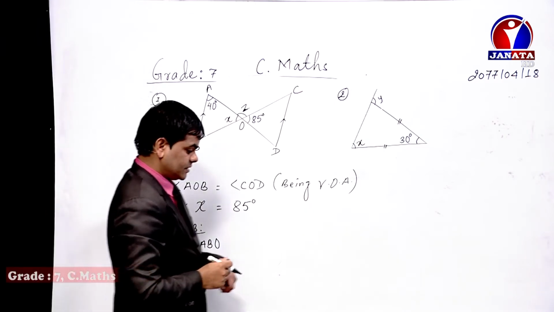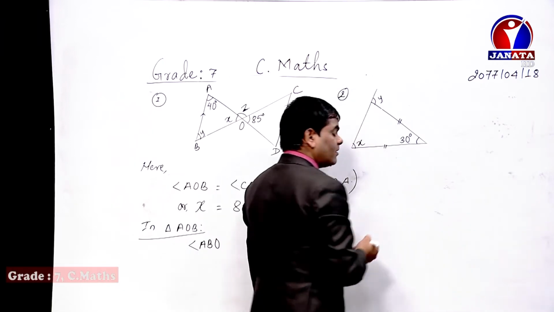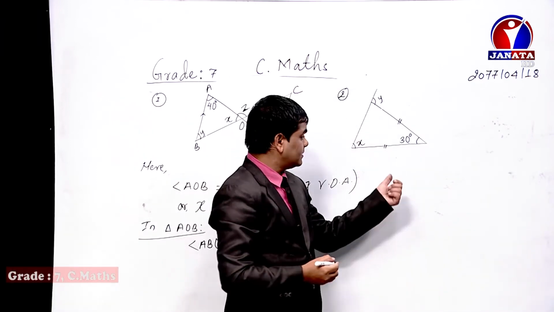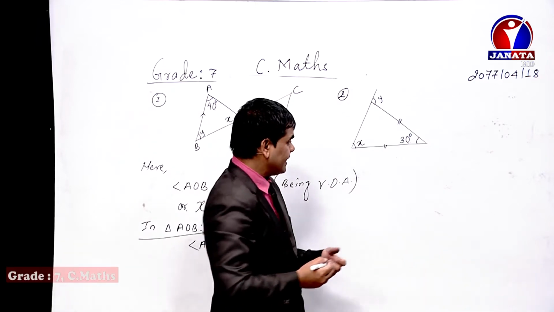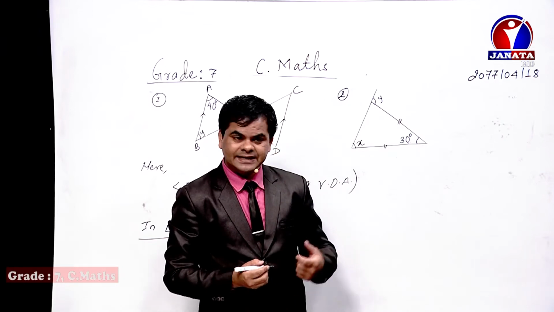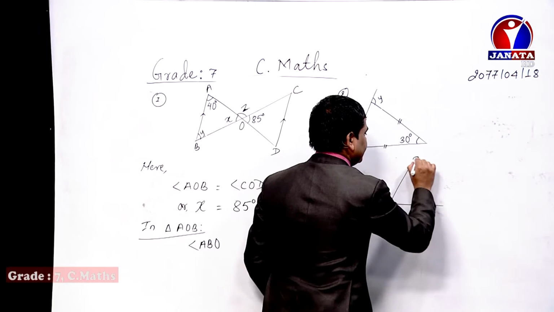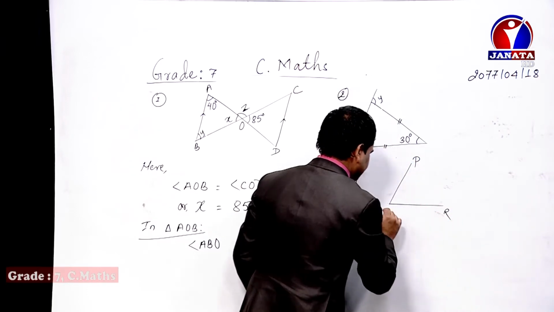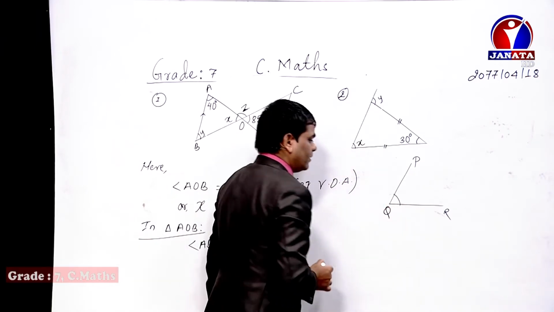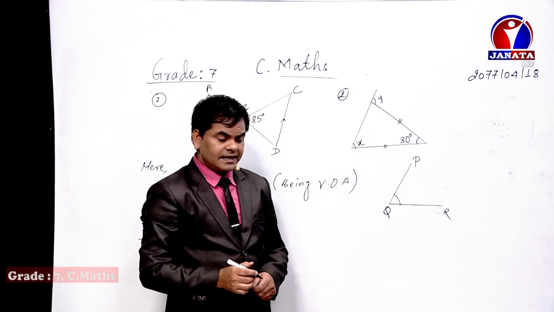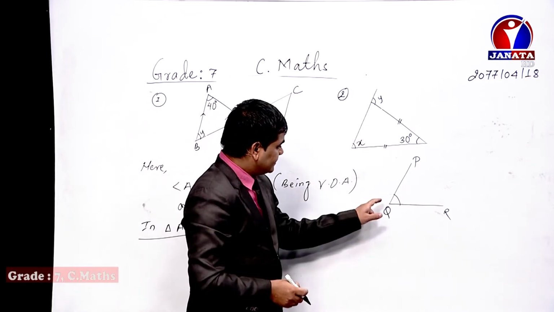Dear students, whether you are well known or not, when we denote an angle in the 3-letter form, I want to remind you: for example, this is P, this one is R, and this one is Q. If we are going to denote this angle, generally if you write angle Q, it means there are two angles.